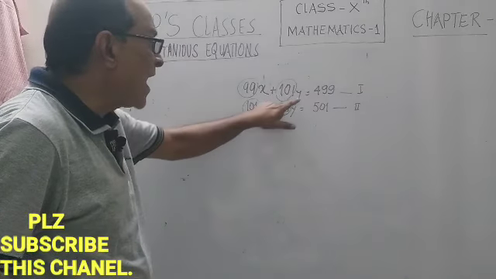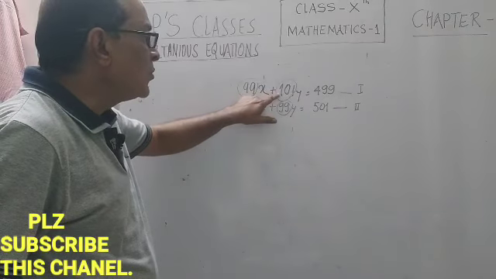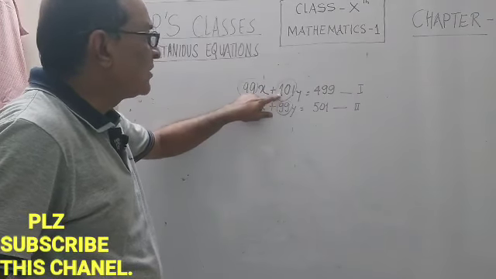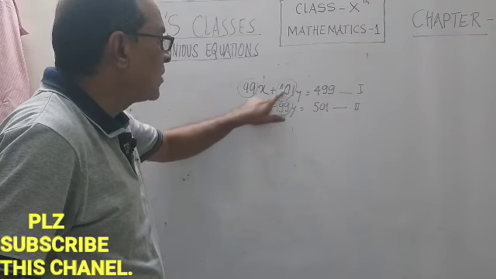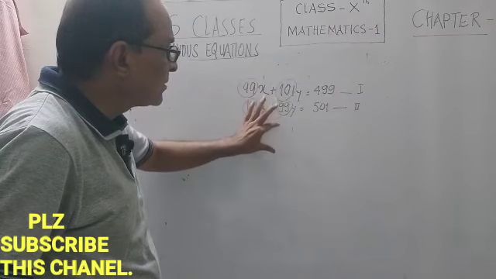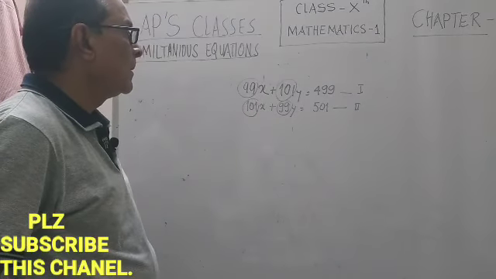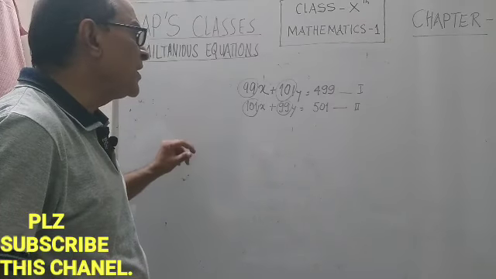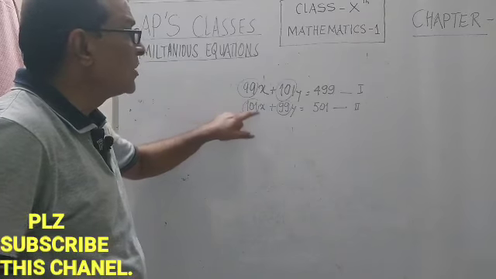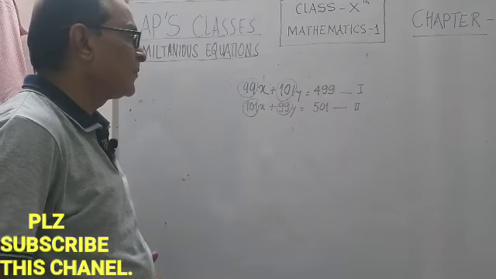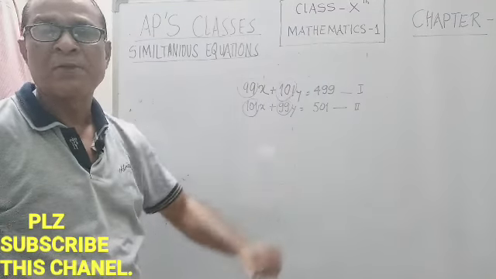Similarly, for the y variable, if you want to eliminate y, again you need to multiply the first equation by 99 and the second equation by 101. Then the figures will match and you can proceed further. But don't you think this is a very tedious job? 101 into 99, 99 into 101, the figures will be large. So there is one simple method given for such examples in your book.